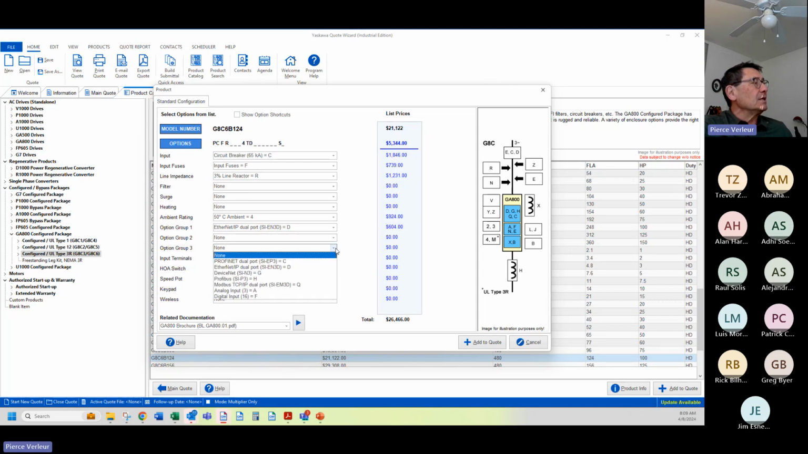And then option 3, again, there are 3 ports on the drive, so it gives you the option to configure all 3 ports. There is your PGX3 feedback card to close the loop on the motor encoder, if you so have one. Input terminals, you want to put 120 volts on the drive, we have an interface for that as opposed to the dry contact interface that's standard. Speed pod, keypads, here's where you option out your keypad, and there's the Bluetooth keypad. Okay, so now